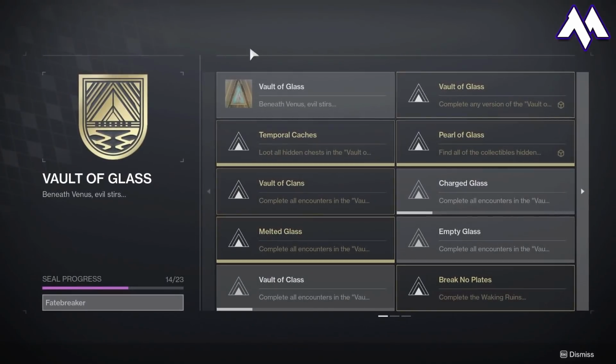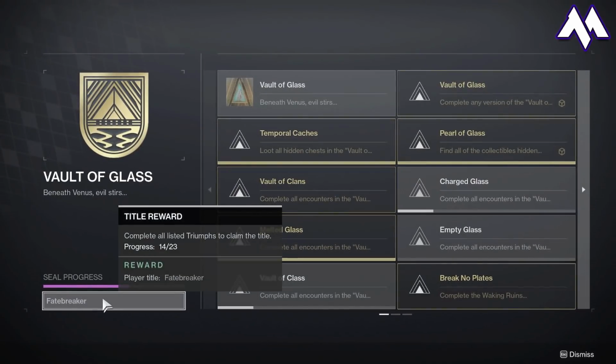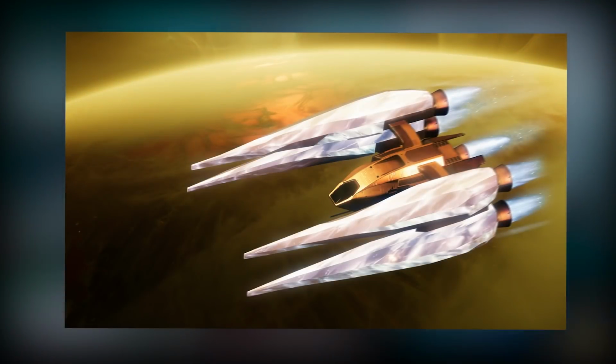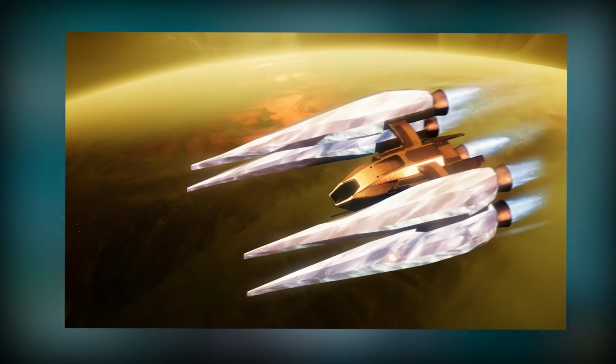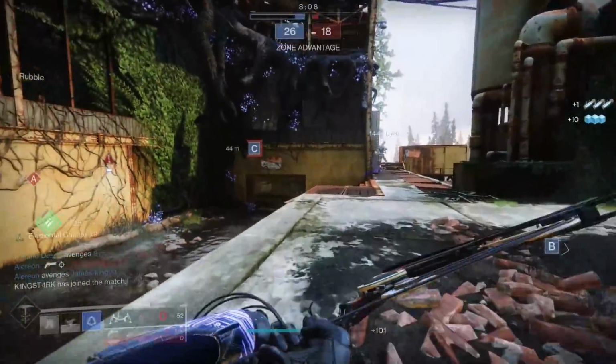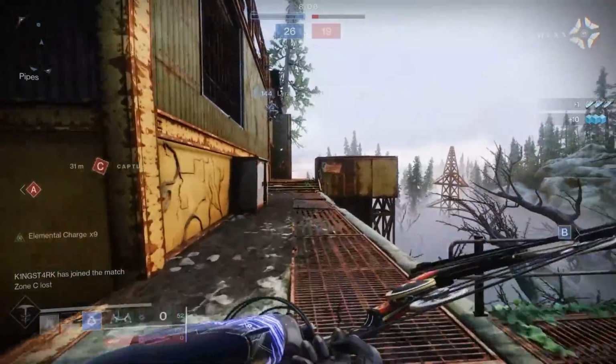The Master Vault of Glass also gives you the final triumphs required for the Fatebringer raid seal and title. You can also earn the Vault of Glass ship, the Vault Strider, when you complete the Vault of Glass on the Master difficulty. This week, we're going to see double Valor for PvP, and most notably, the return of the